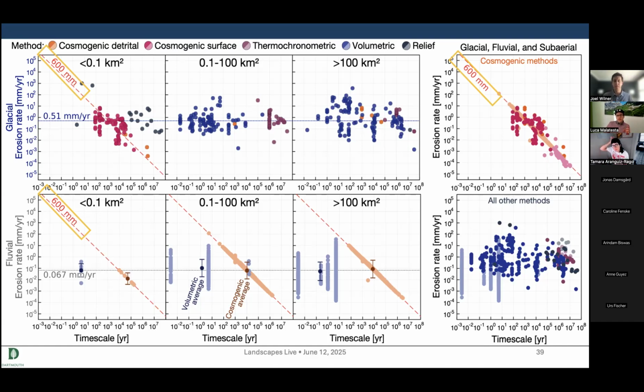So this would be this 600 millimeter. I'll give Emma a bit more time if she wants to elaborate further on the question, but this would be something that is for those basin-wide averaged rates? Yes. Right. Yes. And that would be linked to, would you expect that 600 millimeter to be